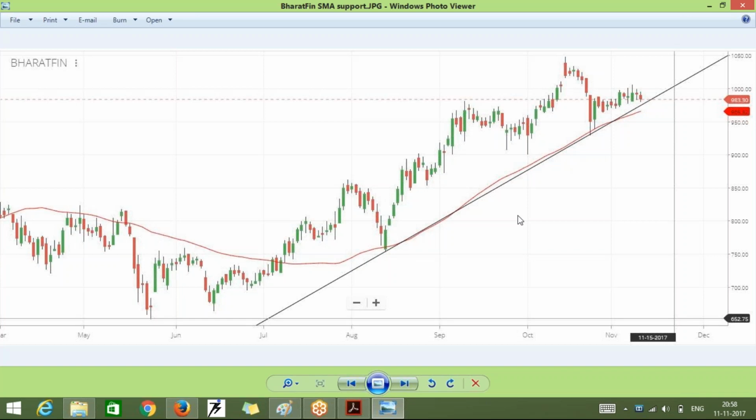So you can open this in your trading terminal, any trading terminal like investing.com, Zerodha, or any charting software you are using. Please keep all these things in mind. This Bharat Finance chart which I am showing is just the chart of the previous day, Friday. You can see how it is acting. Is the support being broken, or is it still respecting the support? It's not like I'm showing a very backdated chart. It's a live chart. So now coming to